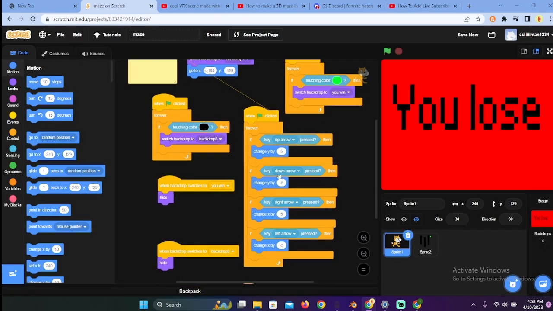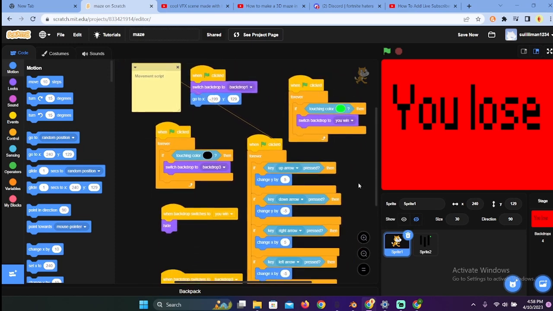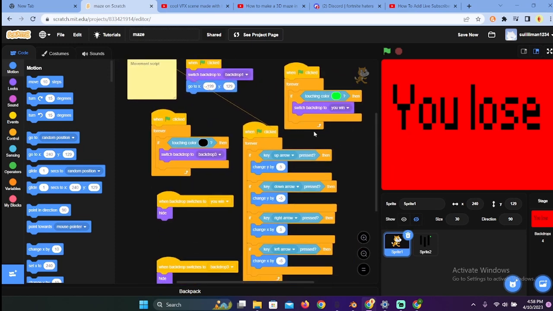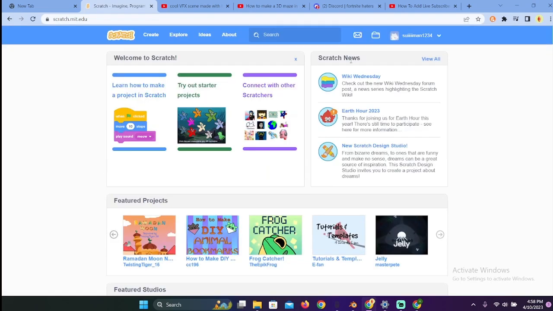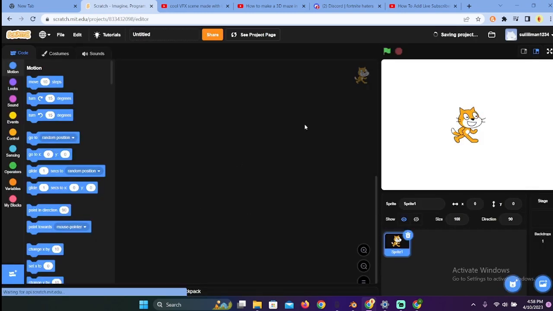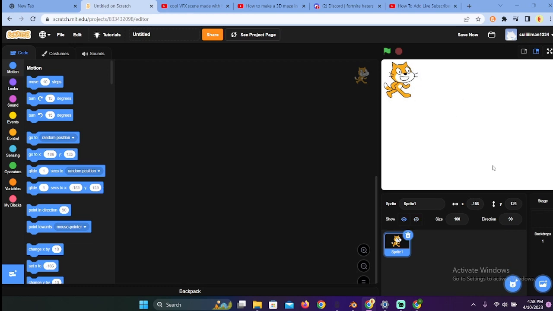It might look very confusing, but it's really not that hard. So let's just get into it. Of course you want to create a new project here, and it's creating. Okay, so you need to load in the sprite that you're going to use as your person, and just put them into this corner here, or put them where you want to start them, and change the